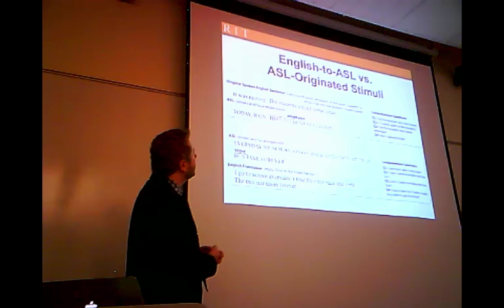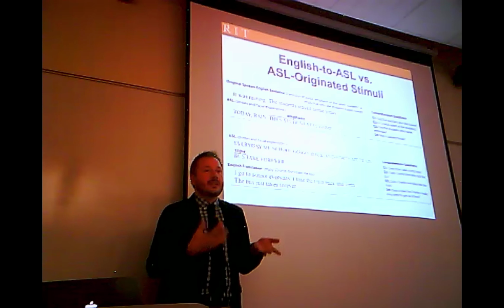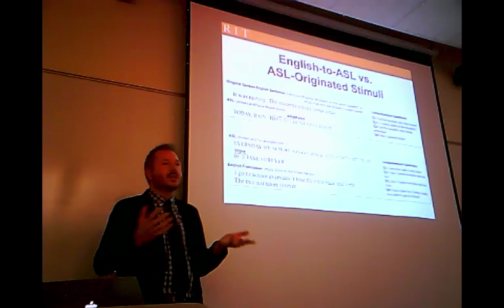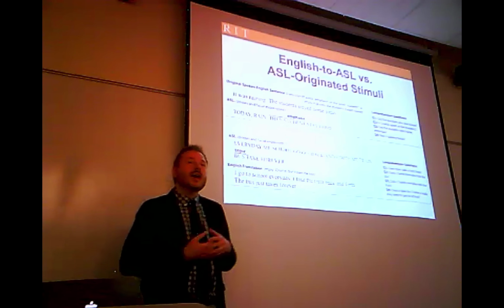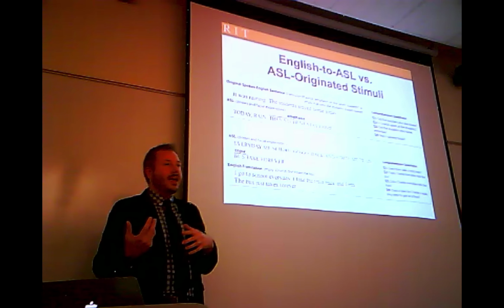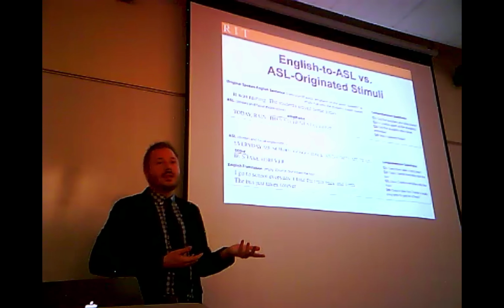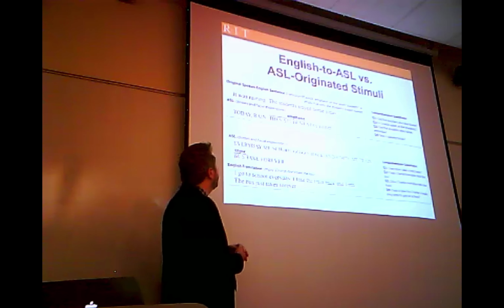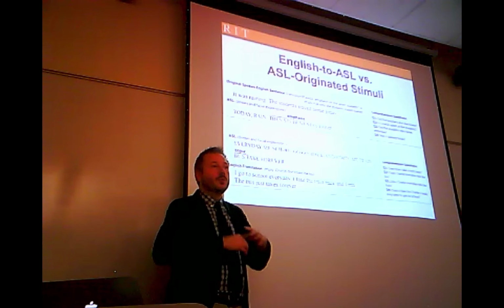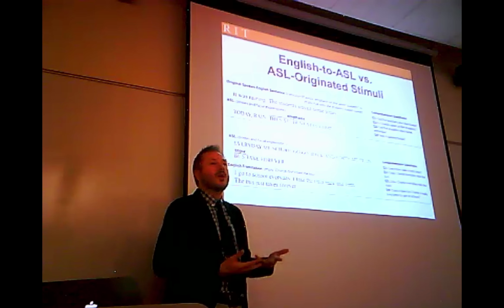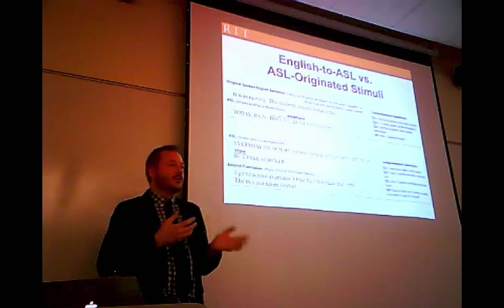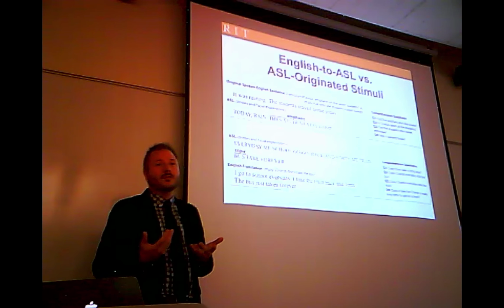One thing you could imagine is you could start from an English sentence. There do exist a lot of English test sentences out there for different linguistic experiments. You can imagine adapting some of them in some way or translating them into ASL and then using that as a basis for your stimuli, okay? The other approach is you start from ASL from the get-go and you author all of your materials and all your questions in ASL. And then if you need it to be useful for other purposes, you can translate some of it into English so it's easier for people to use.